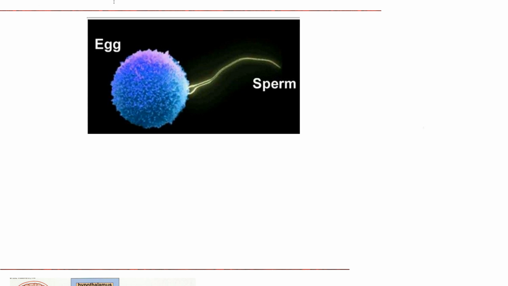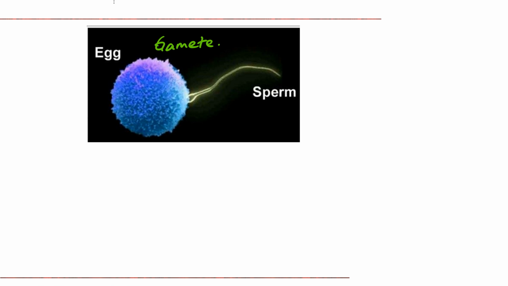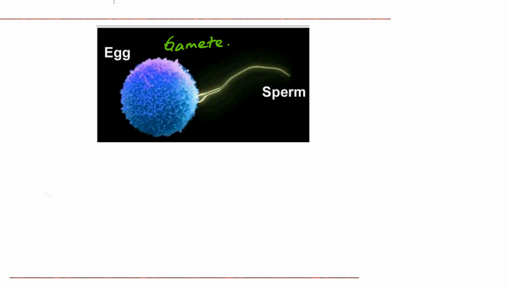Next is the egg cell and the sperm cells, right? We said that egg and sperm cells are the gamete cells, G-A-M-E-T-E. They are part of the cells in reproductive systems, and their only job is to fertilize each other in order to become a zygote. And the zygote, if implanted correctly and healthily in the endometrium, is going to start growing, and eventually it will